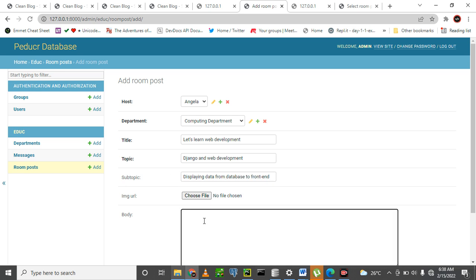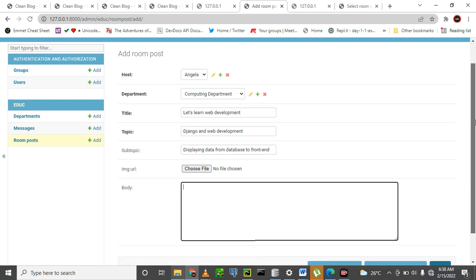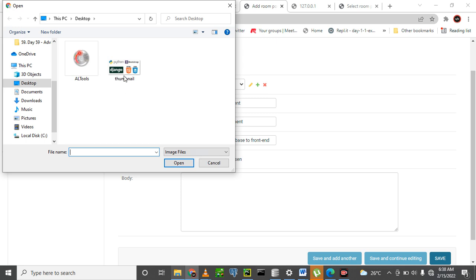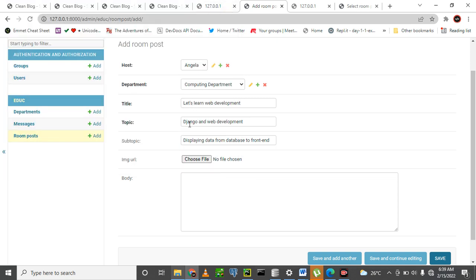Then this one we can leave it like that because it's not a must we choose the image. We can leave it like that also. And let's say programming is sweet. Body, we can say Django,